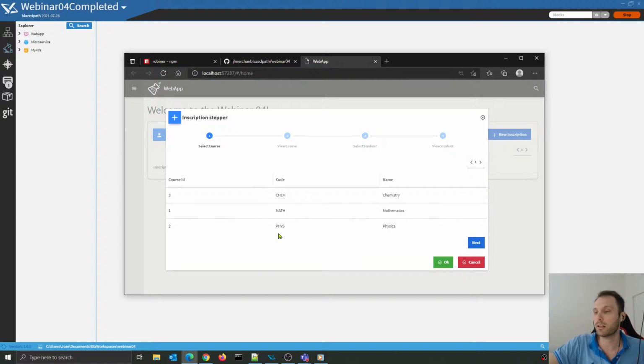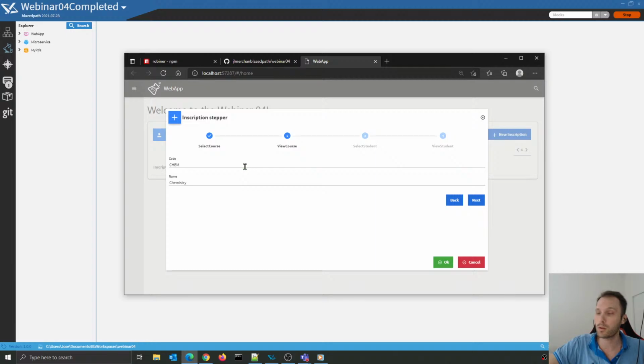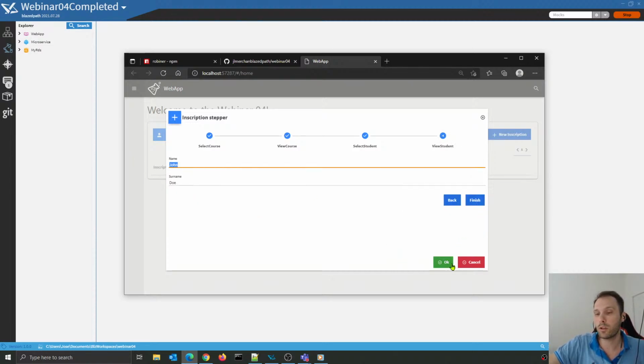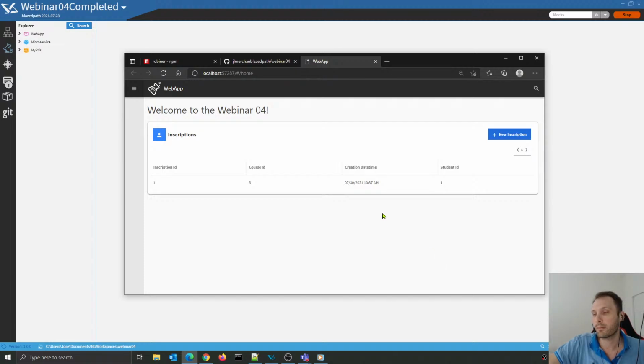institution. So we're just going to select a course we want to inscribe a student in. So just select any of the rows, click next. We are on this second screen. We see that the information flowed from the first screen to the next one. So we are checking that this information is correct. We're going to go ahead and click on next, select the student we want to inscribe on that course, click on next. We view the student, we click on OK, and all that information we use to